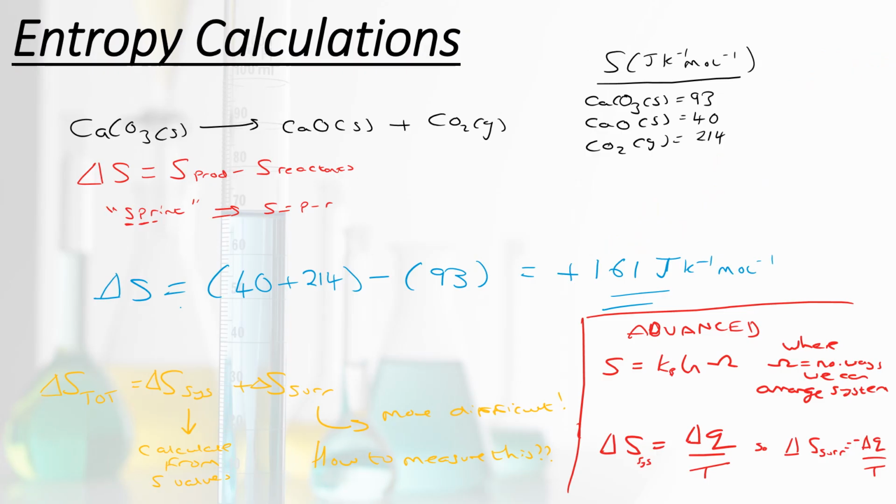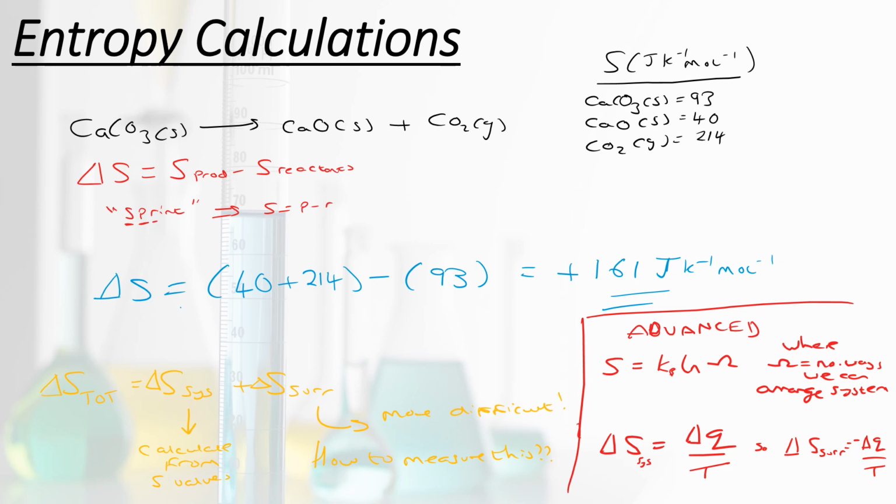So we can now look at actually how we calculate our entropy change of a particular reaction. And so the reaction here is the thermal decomposition of calcium carbonate as a solid decomposing to calcium oxide, a solid, and carbon dioxide as a gas. Now remember, we're still doing thermochemistry, we're still doing thermodynamics, and so it's really important that we have our equations balanced, and also that we include our state symbols, because obviously, as we saw from the previous slide, the state that we're in depends on the entropy.